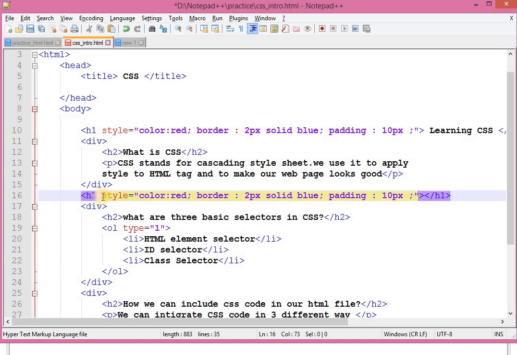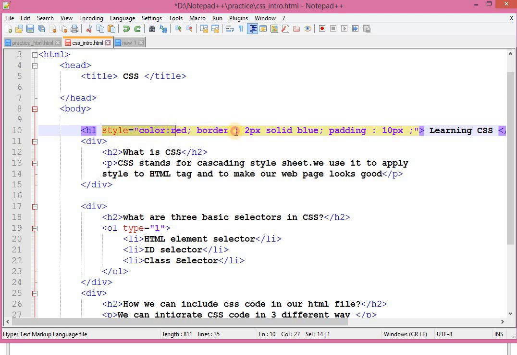You can include it in your style tag. This is your style attribute. Now what I want to say is you can add it into your style tag as a separate CSS code, not within the HTML code. How you can do that? Control Z. This is not required, it was just for your understanding.